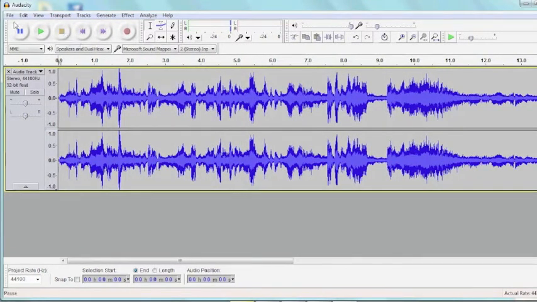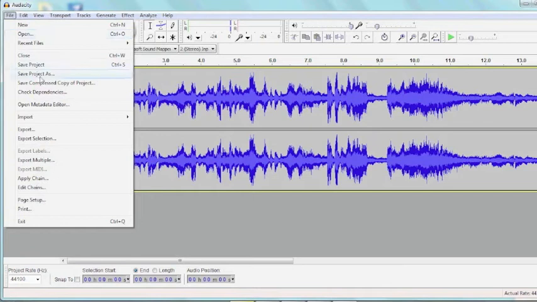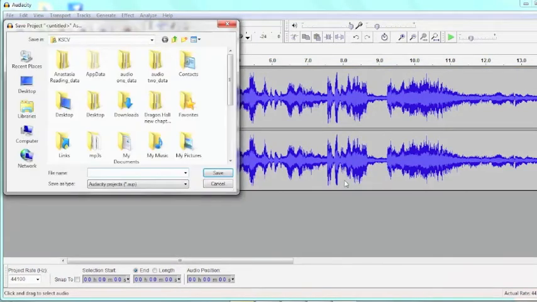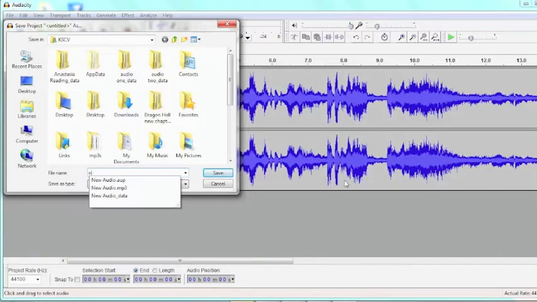Now we want to save our project, so we'll go up to File, come down to Save Project As, click OK there, and we're going to give our file a name, and in this case we'll call it New Project. Click on Save,